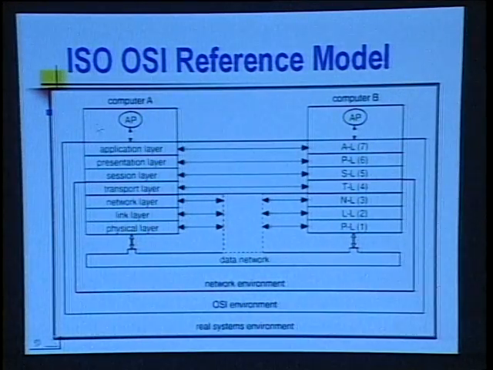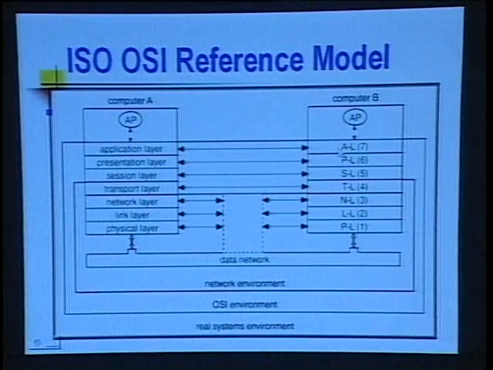Let's say we have computer A here, and in that computer we have this 7-layer OSI reference model. And we have another computer B.